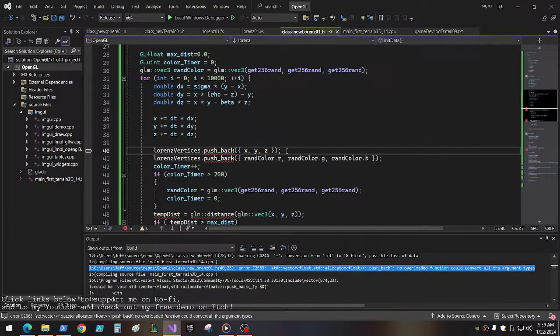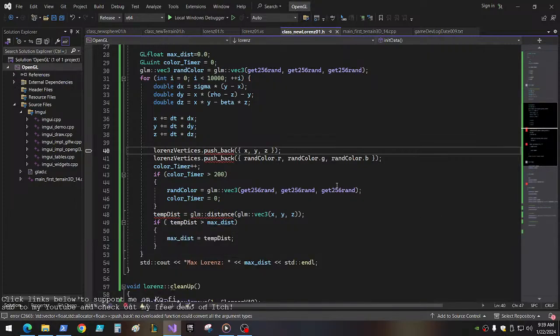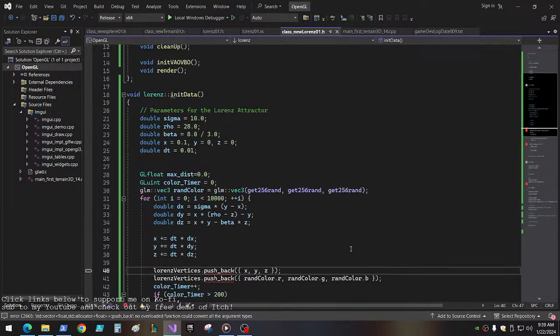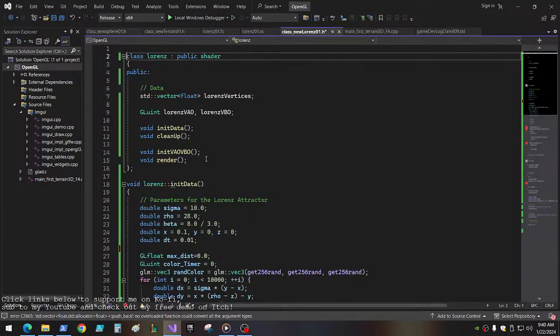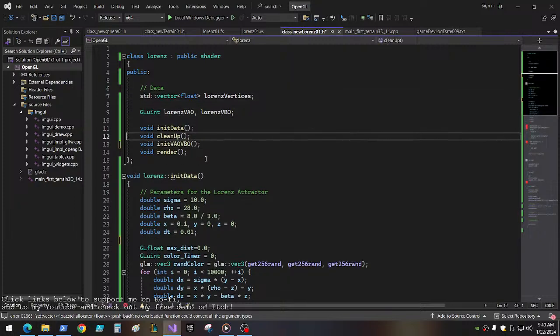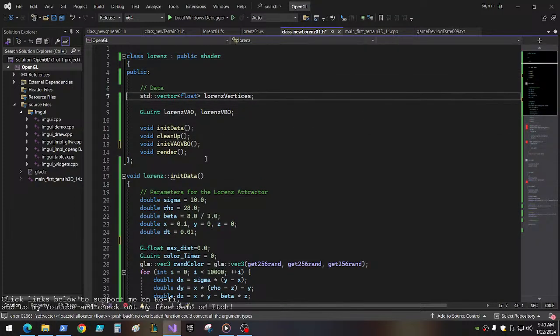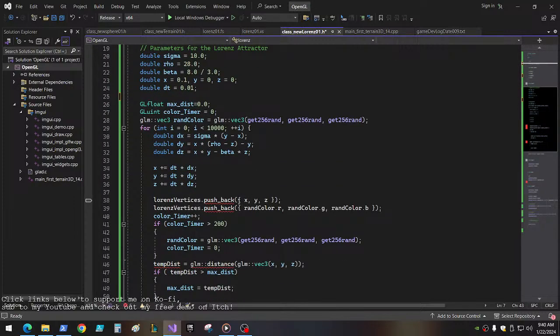For this one, wait a minute. So I didn't change anything, I swear to you. Vector float, so let's just change this to a vector of that, and then here let's just